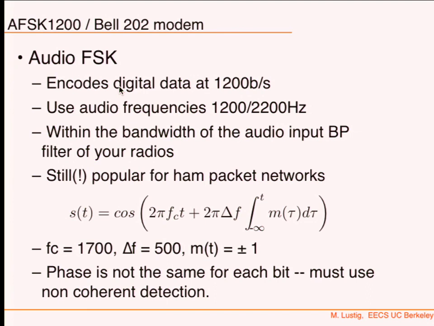Okay, what's happening here is that we're putting in audio frequency that has tones at two different frequencies. You see that? Note that difference, and this is why it's called AFSK. The reason that people have used this is that most transceivers meant for voice have a bandpass filter. They actually don't pass DC, and so this allows you to still go through a regular voice type of radio and still do digital communication.